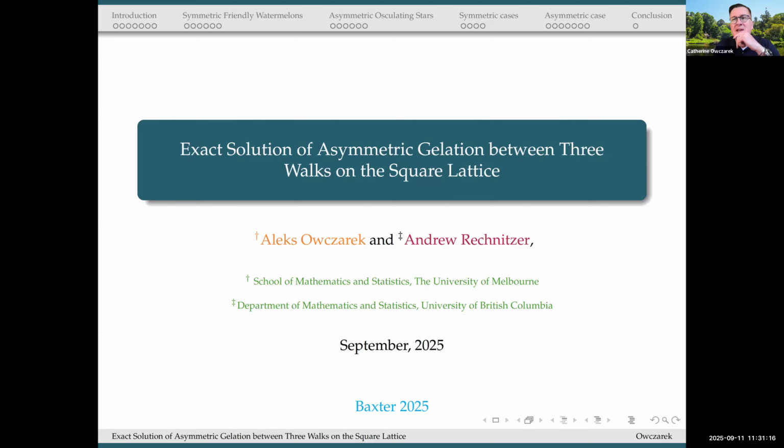Of course, it's a sad privilege to speak at this meeting, and I will talk about particular problems that may be a little bit adjunct to some of the other work that have been presented. But I do want to highlight a couple of things in terms of general principles of working on exact solutions and problems in mathematical physics